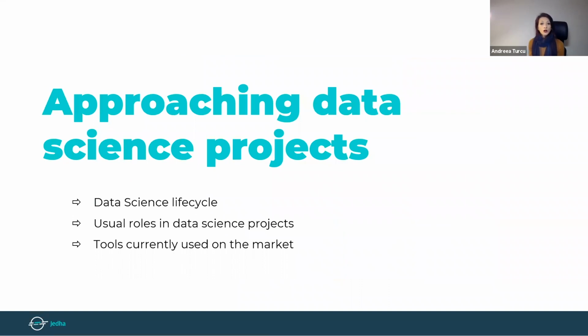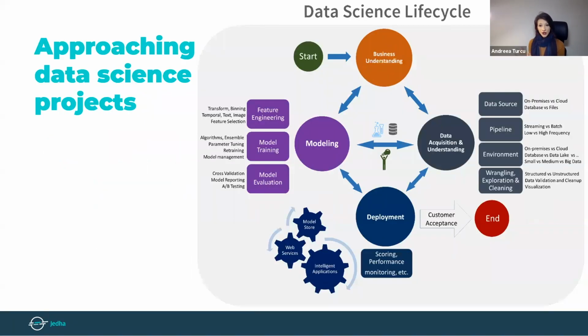Having seen all this theory, we are now going deeper into the data science project approach. The Team Data Science Process lifecycle promoted by Google is composed of 5 major stages that are executed iteratively and that I find very self-explanatory. These stages include business understanding, data acquisition and understanding, modeling, deployment, and customer acceptance. You don't need to learn them by heart, it is just important to know that they are there somewhere and that you can make use of them when in need.